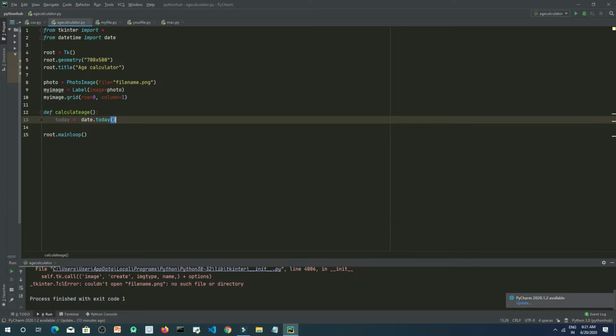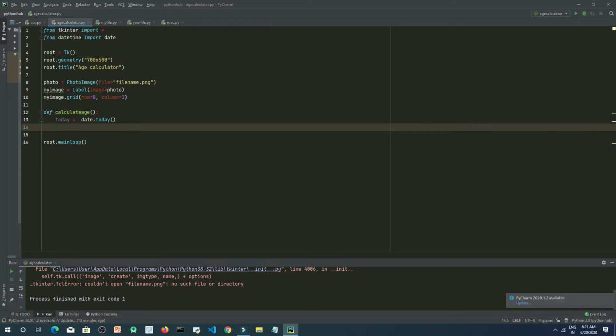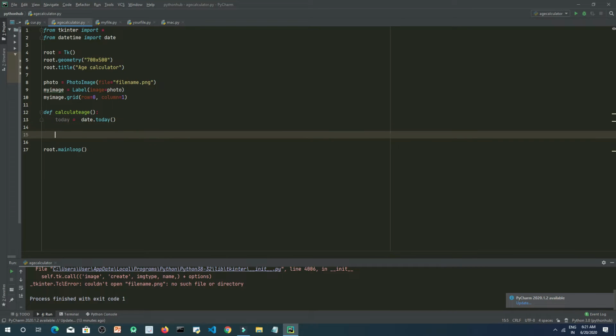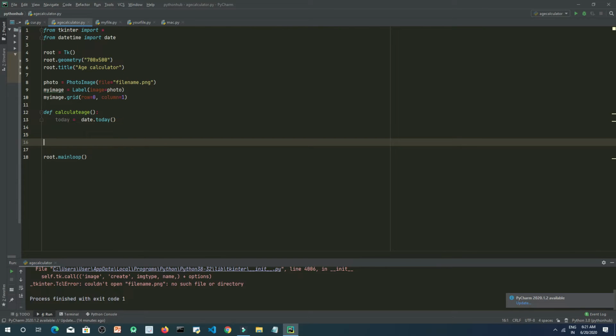So now let's check the birth date which will be entered by the user. Now I think you will face some problem understanding what I am doing currently. So let's first define some other things before this function. You will understand this function, and we will define it again. We'll come to this again.